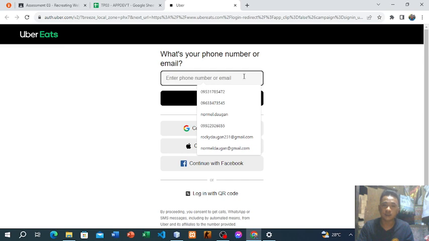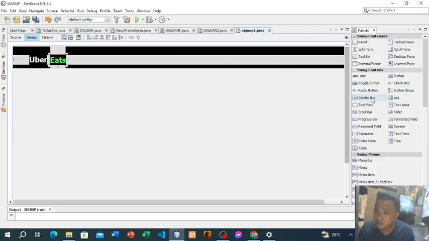Then let's create this, what do you call this? I think it's called, what was that? I forgot. Text pane. Editor pane.